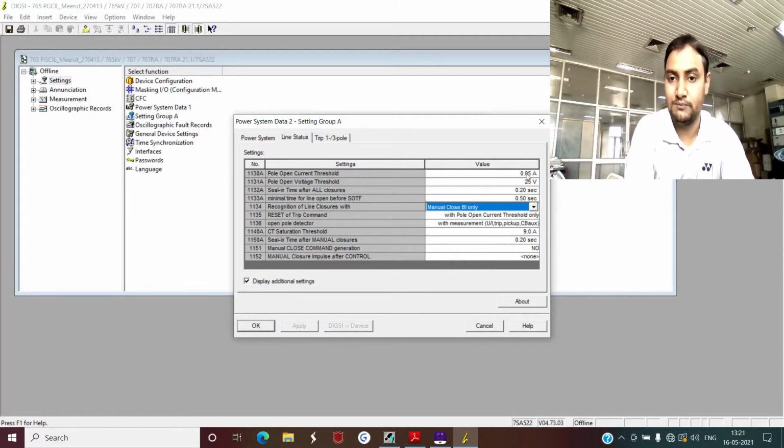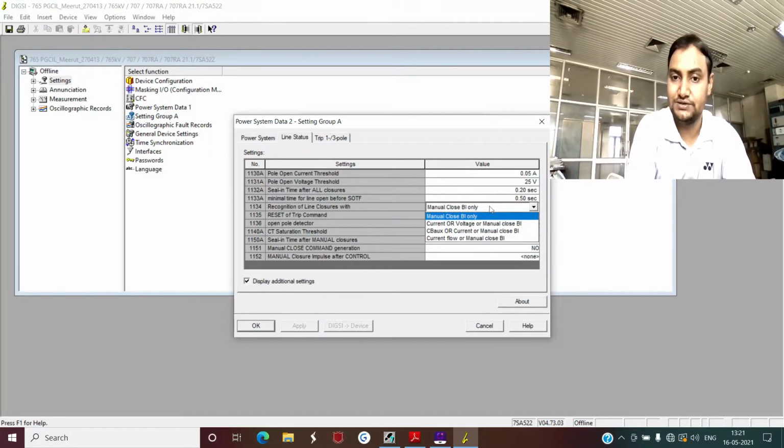If that magnitude remains less than 150 for more than 500 millisecond, then your relay will detect it as line open, and once it detects line open, and now your current suddenly increases from 145 to 200 or 400, then it will detect it as a line closure. So that is the basis of current only.